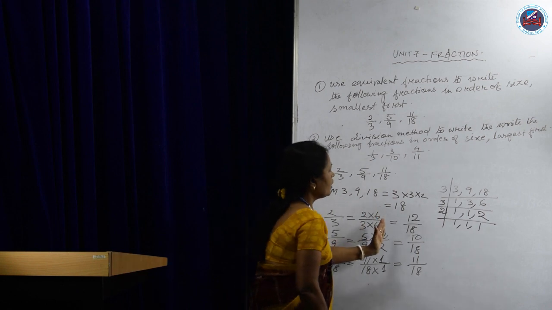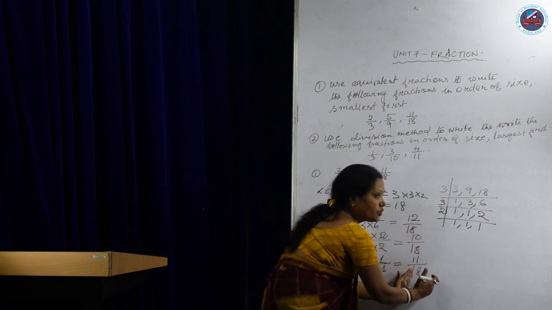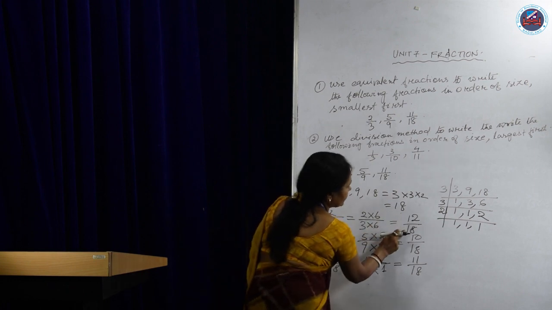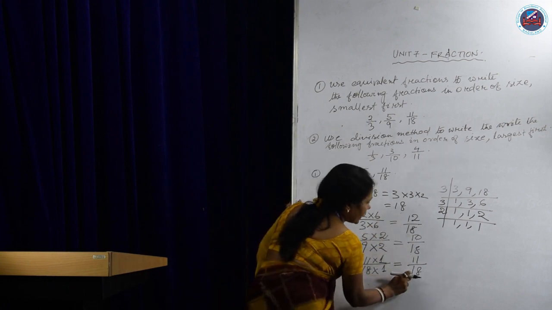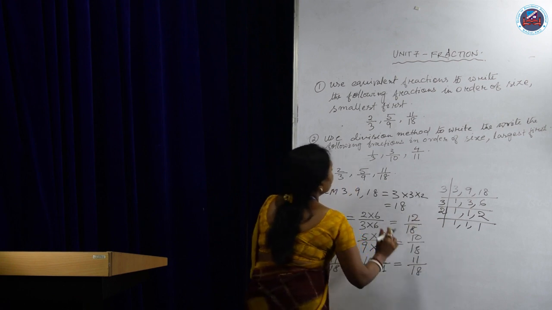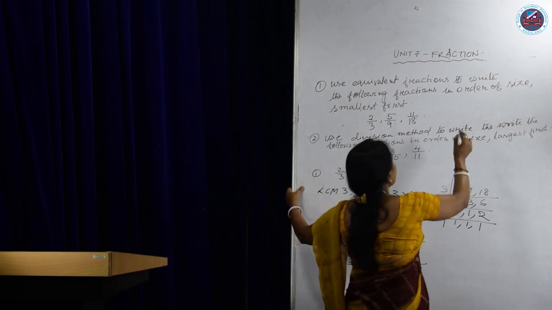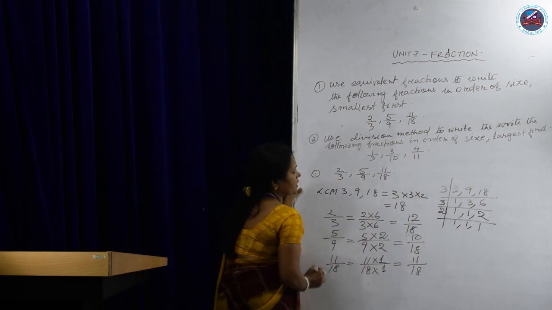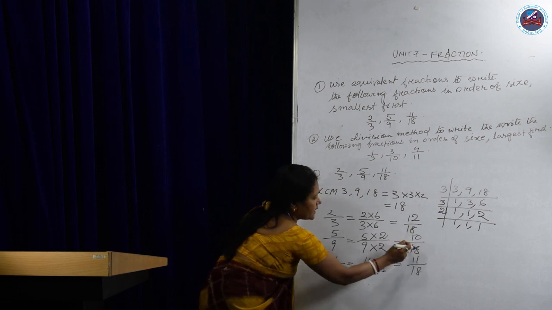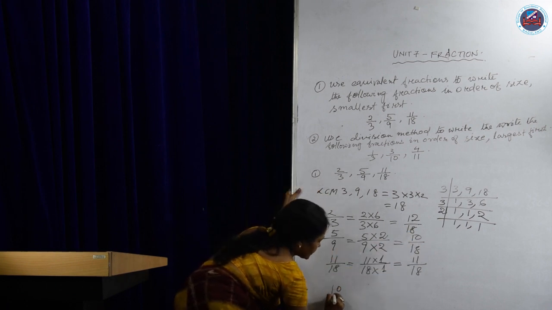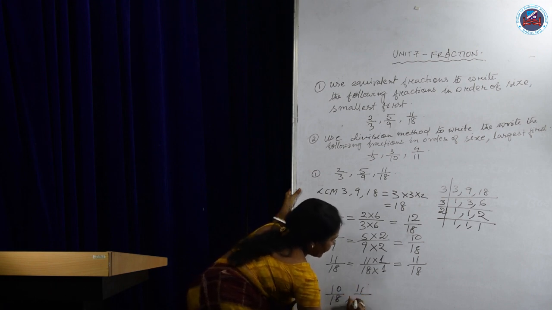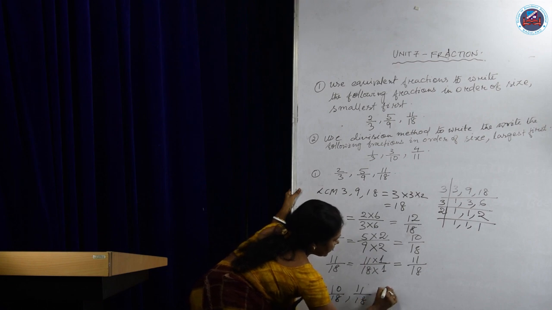Now you check, all your fractions are converted into common denominator. That is, all the fractions are 12 by 18, 10 by 18 and 11 by 18. Now easily you can compare by looking at the numerator. But you have to arrange in order of smallest first. So which one is the smallest here out of these three fractions? As I see, 10 by 18 is the smallest. Next comes 11 by 18 and next is 12 by 18.